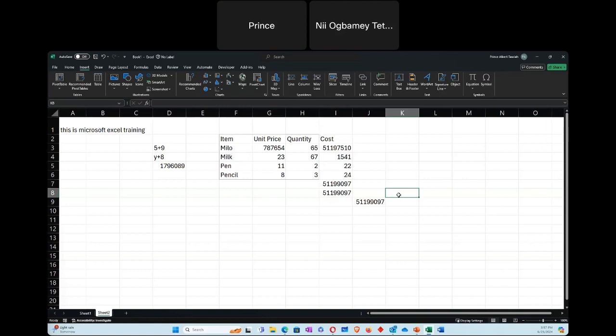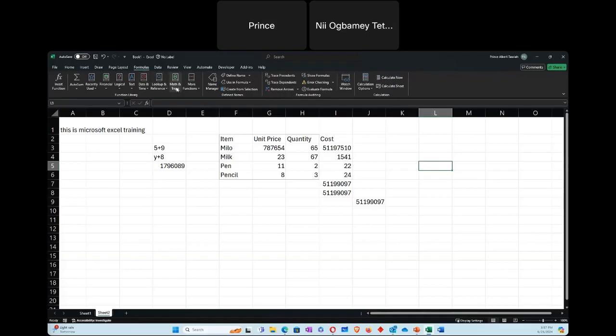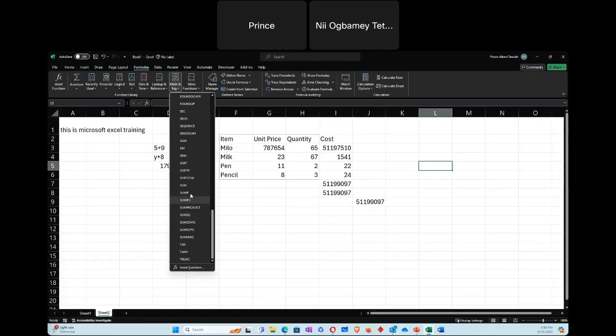Secondly, the AutoSum will give you the answer next to your data. But for example, if I am here and I need to get the sum of all of this, I can't use AutoSum, so I can just use the sum to get the same thing. To do that, you can either type straight, or I can come to formulas, math and trigonometry, click on sum.